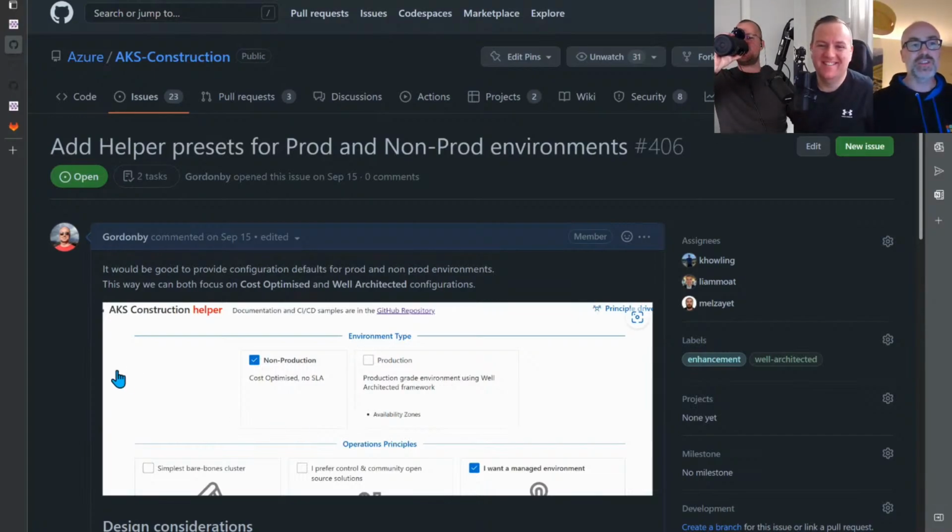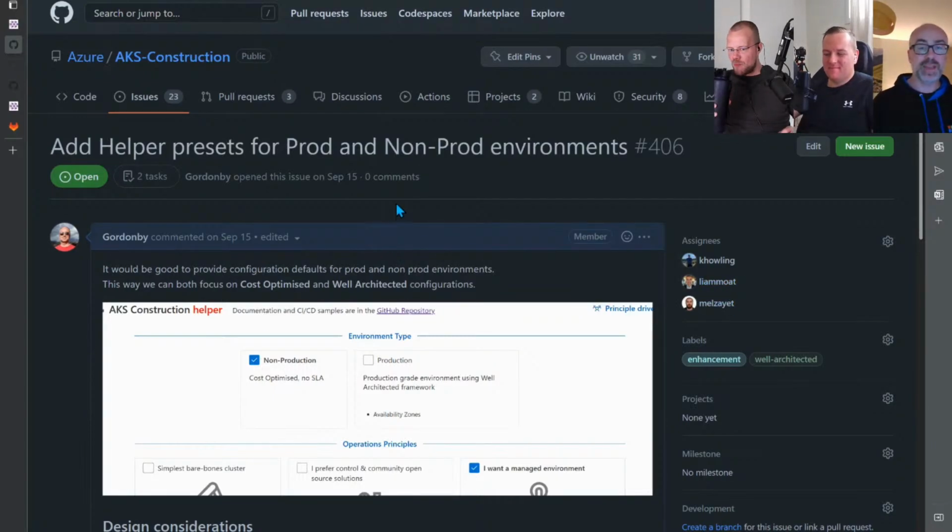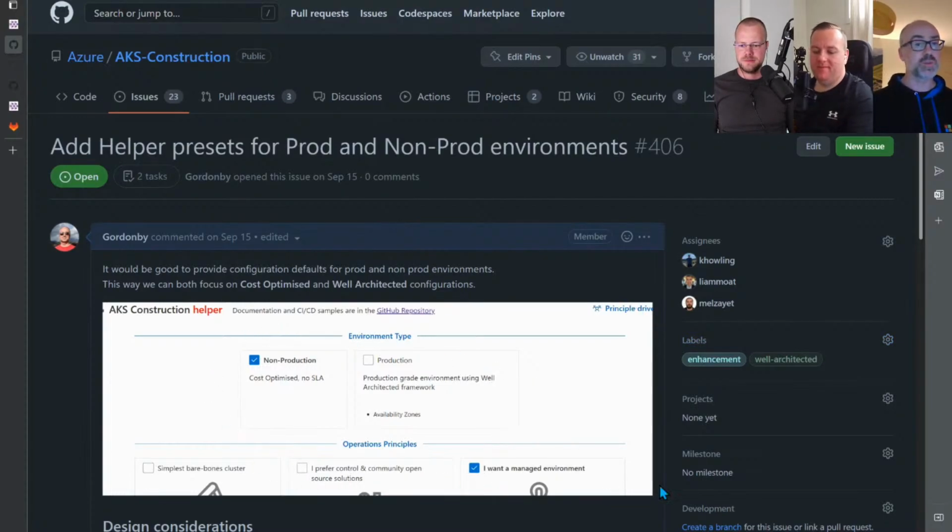So this is an area that we've had a few of the guys put a bunch of signals from different areas about putting some more time into. So hopefully something like what's on the screen grab is going to be coming. We're going to be very focused on these prod, non-prod environments. And we talked about well-architected earlier. As soon as you hit that production box, you're going to be hitting every single one of the well-architected recommendations for each of the services you've got.